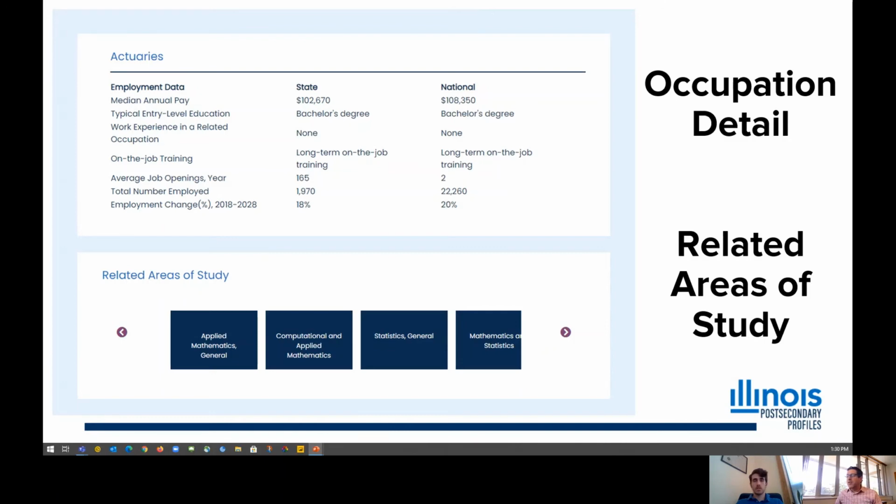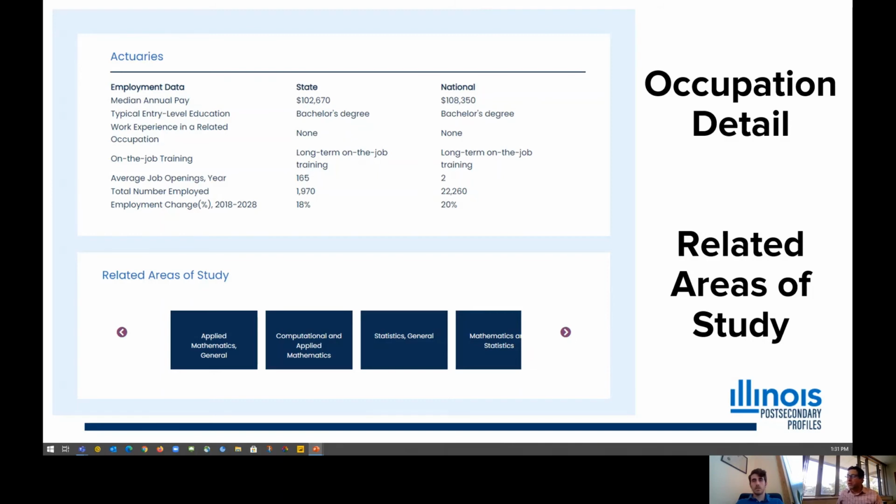And again, you see the data itself continues to present some challenges, and what's exciting about this work is not only what we're presenting to students, but the fact that through this work, we're able to improve that data. So it says there's 165 openings at the state level each year, but only 2 openings at the national level. Those are the kinds of things that by doing this work actually get improved on, and over time, the data gets better. And that's consistently been true with search over the history of the internet, is that the more we use these things, the more easily and more quickly we can improve the data.